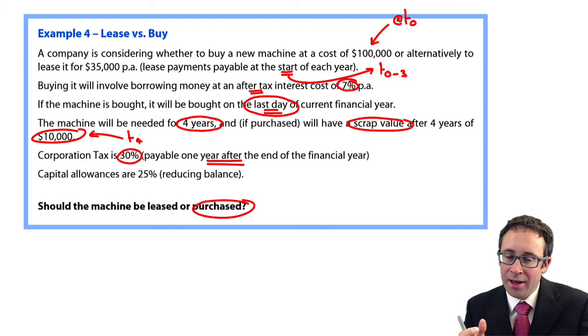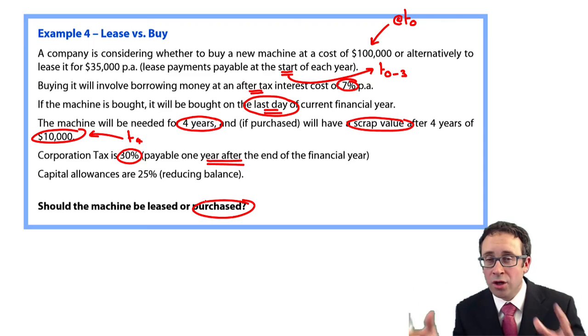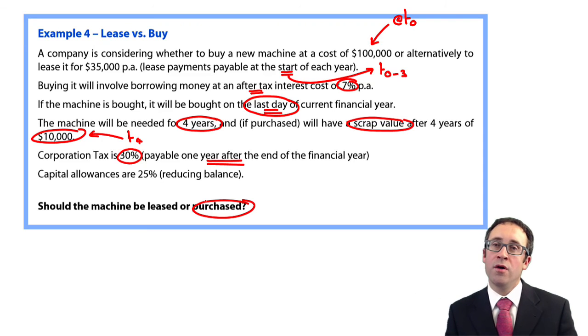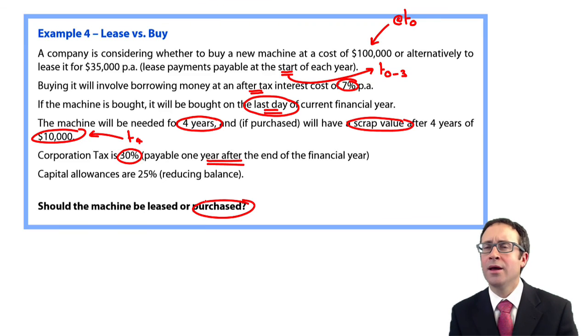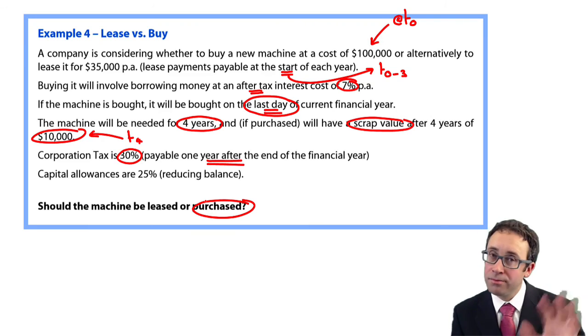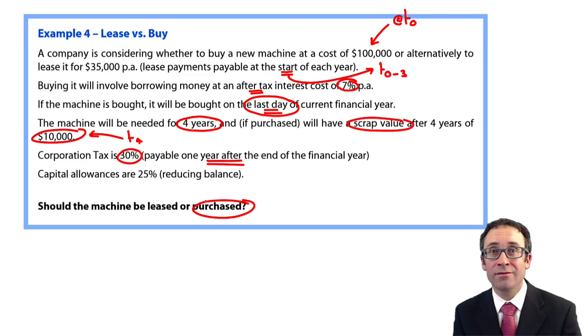I think they might just ask you for parts of it. So make sure you use the after-tax borrowing rate for purchasing it. Make sure you know the tax treatment. Make sure you know how to do the discounting. Other than that, work through the questions and keep practicing. If you get stuck, you know where I am, but that's it from this chapter,